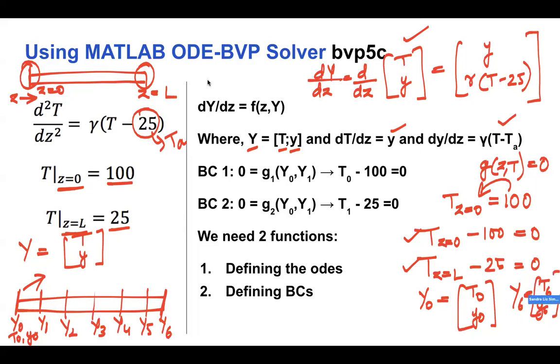Out of the information you have, you know what T0 is. T0 has to be 100, that is what is given here. And we know what T6 is: the temperature at this point is given to be 25. So we know this value and this value, right? So how do we declare it in such a way that